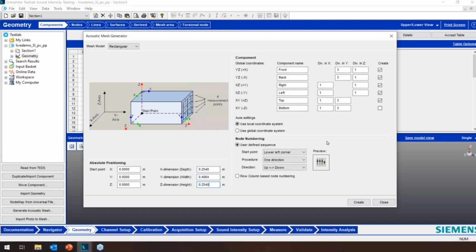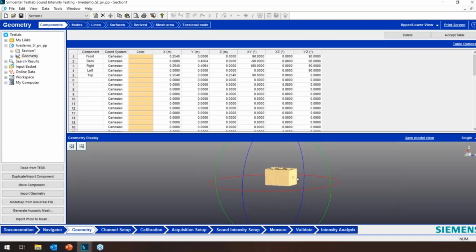And I thought this was neat because this was something I didn't know. If you're doing scanning, you can come down here and choose where you'd like to start versus how you'd like to scan. So I can decide I want to go up and down if I'm doing localization, or I can go across and then down in one direction. I can also choose if I want to go left to right or up and down. This is fine for me for now, so I'm just going to leave this. I hit create and then close out.